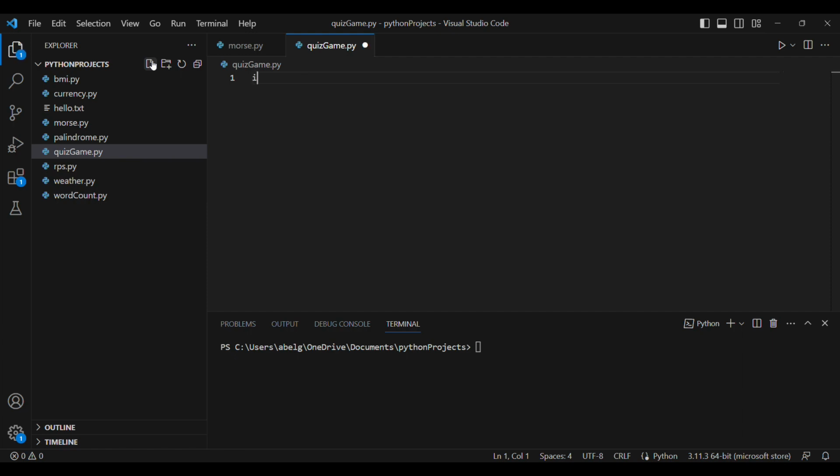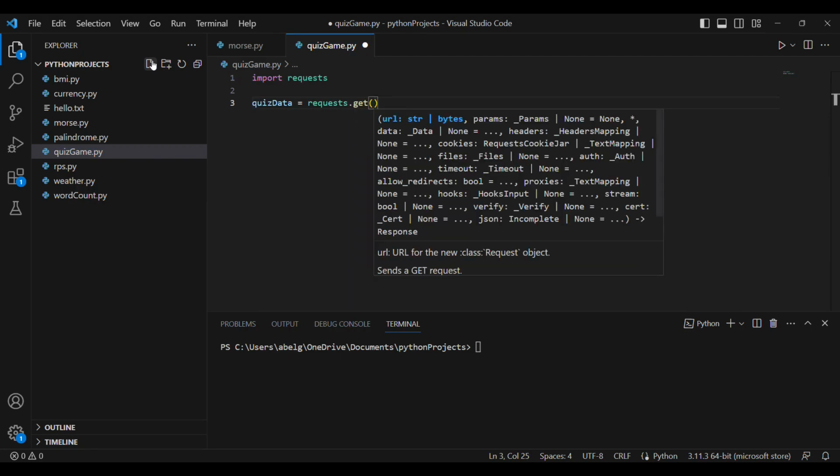So first we're going to have our import statements. The first one is import requests. Then we're going to have a variable, let's just call it quiz_data, which is going to get our API. So we're going to have requests.get. Then inside the get function, we're going to provide the API we got from the website.